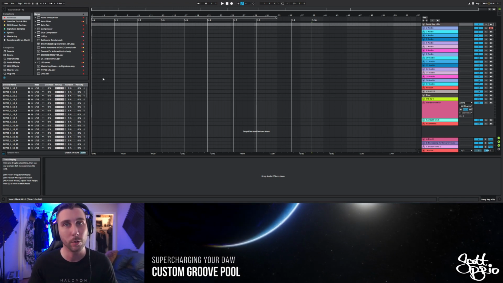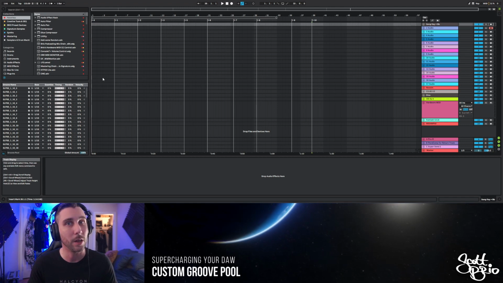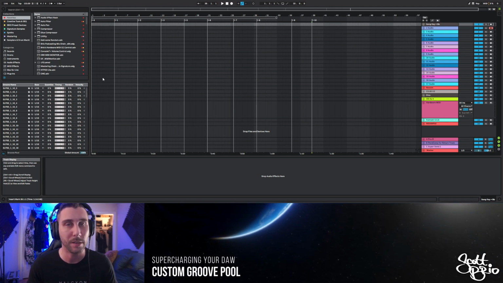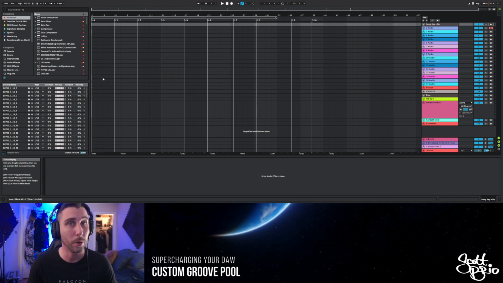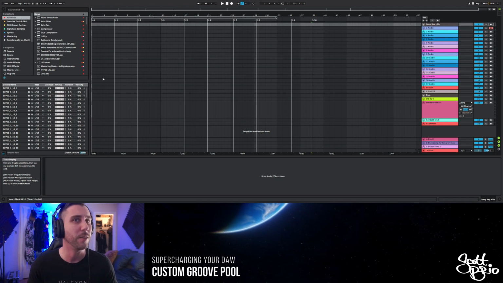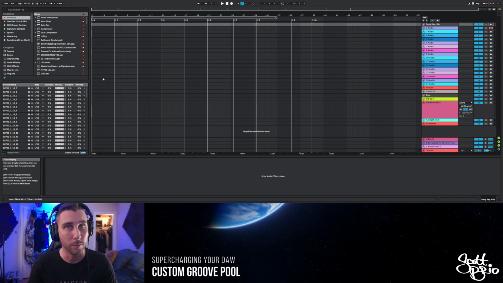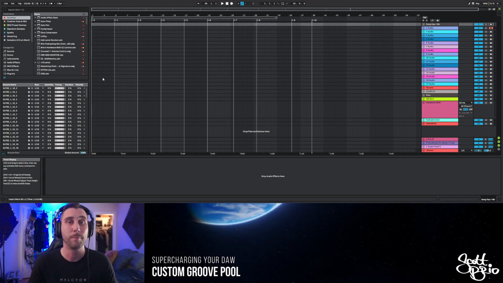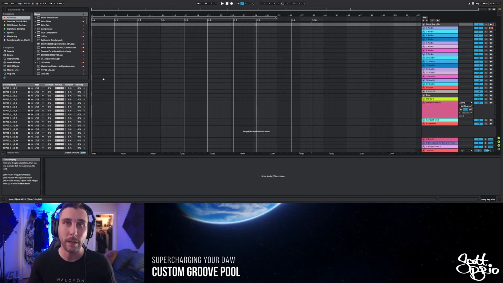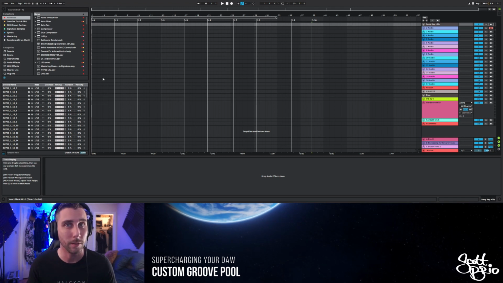There are MPC grooves in 8th and 16th notes. They also have, I think it's an MPC 16th note loaded, which I'm not sure what that is. It sounds like an overclocked MPC or something. They also have SP1200 grooves in 8th and 16th note settings. Both of them sound very good, but for me, I found that they didn't quite fit the house music that